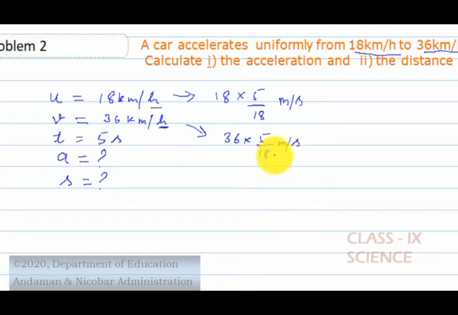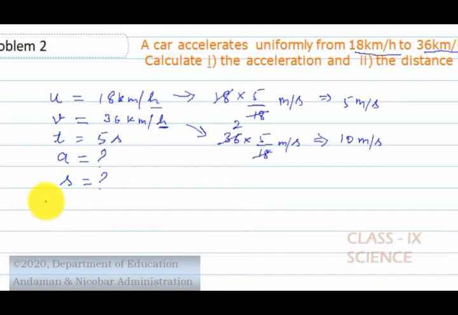In the last episode, I asked you to memorize the multiplication table of 18. So here you see the first one is 18. So 18 gets cancelled. So here we will get 5 meter per second. Now the initial velocity becomes 5 meter per second. Likewise, you see 36 is the multiple of 18. So 1 18s are 18, 2 18s are 36. So the final velocity becomes 2 5s are 10 meter per second. So this way we have corrected all the units. Now we can move to solve the numerical problem.